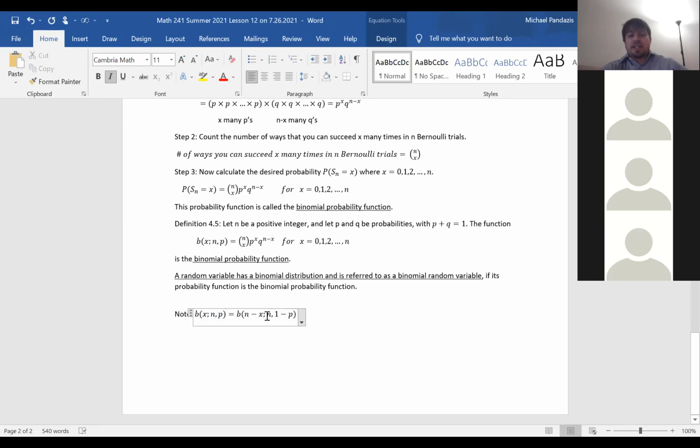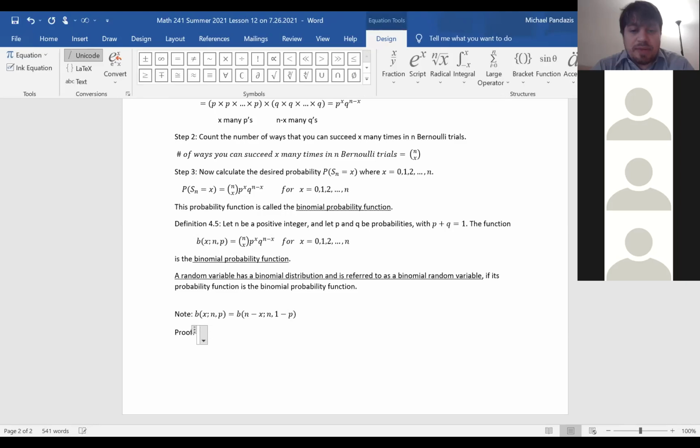Except here, instead of asking what the chances of failure are, that's q, which is 1 minus p. I'm defining success as failure. I'm saying the chance of success, which was called failure, is 1 minus p, and I want to succeed n minus x many times. If you flip the words success and failure, it's saying the probability of succeeding x times is the same as the probability of failing n minus x times, where the probability of success is p and the probability of failure is 1 minus p. But mathematically, you see this